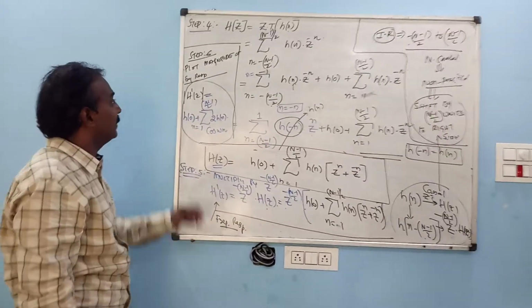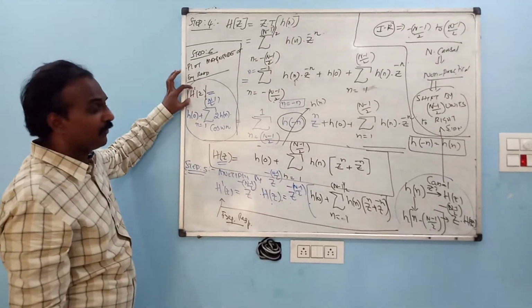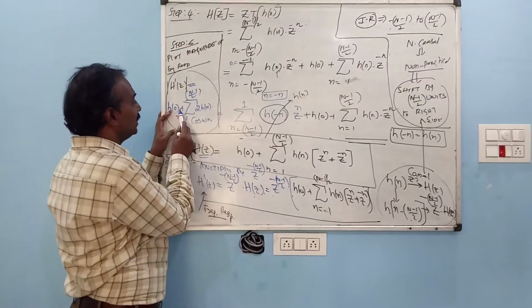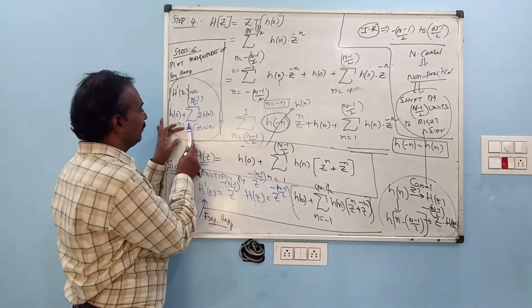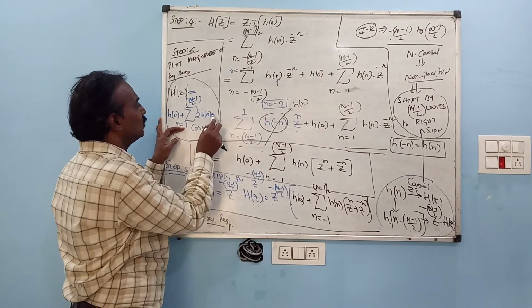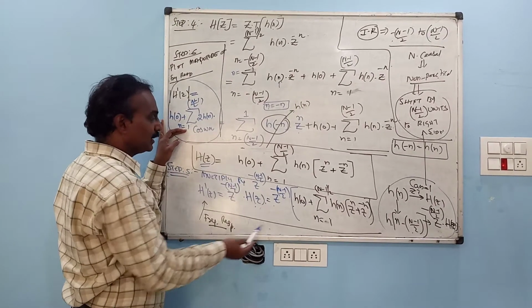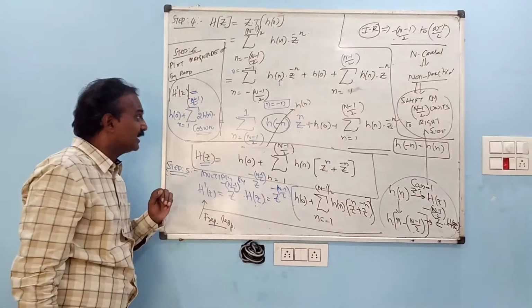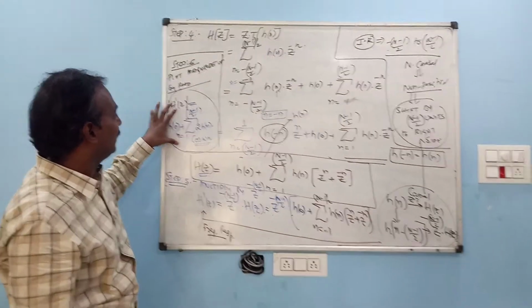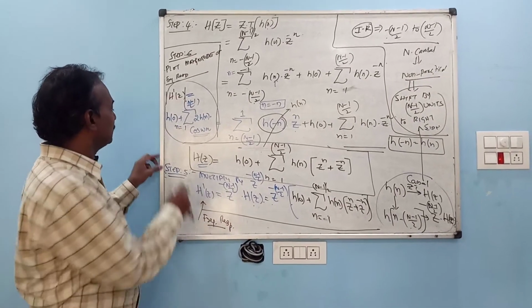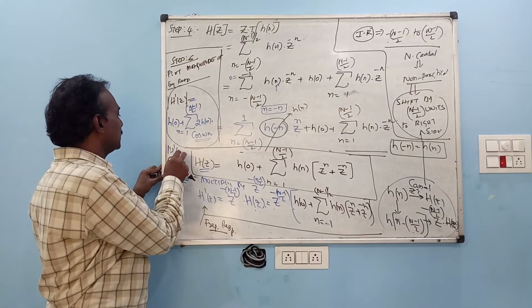When I want to get the magnitude frequency response, I can simply take h of 0 plus the summation, with limits from 1 to (N minus 1) by 2, of 2 times h of n into cos omega n. So this is the sixth step. Once I get this magnitude, I will plot this magnitude of this H dash of z